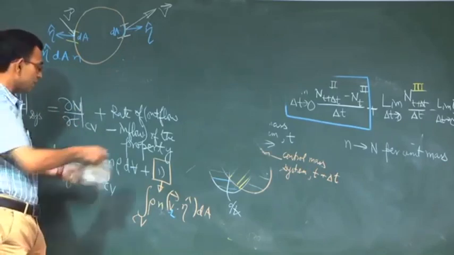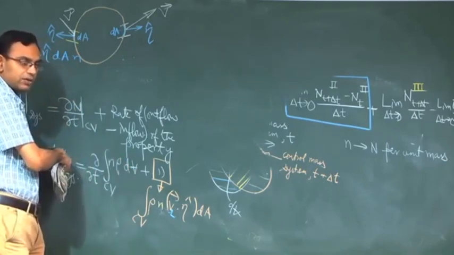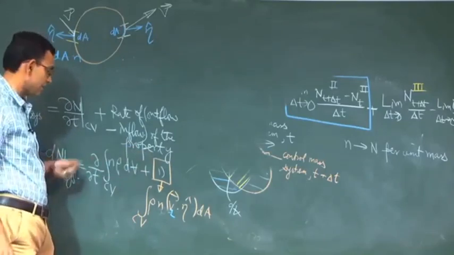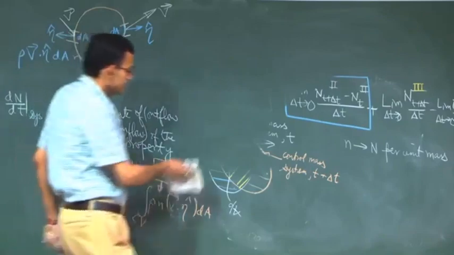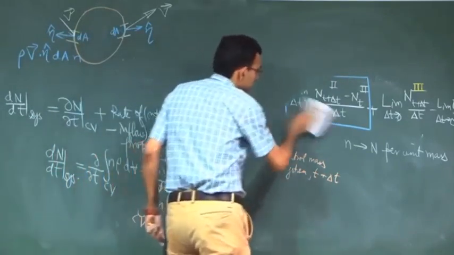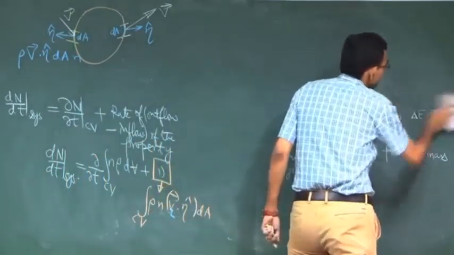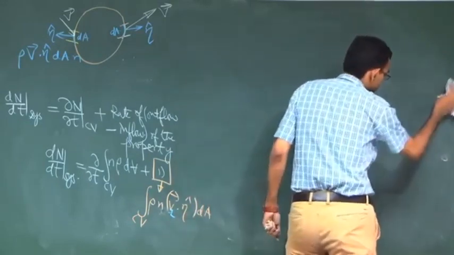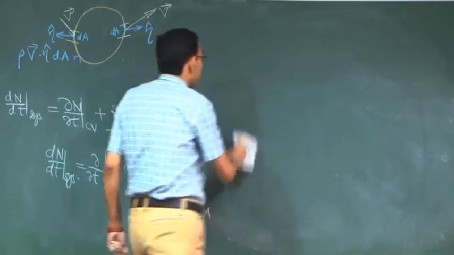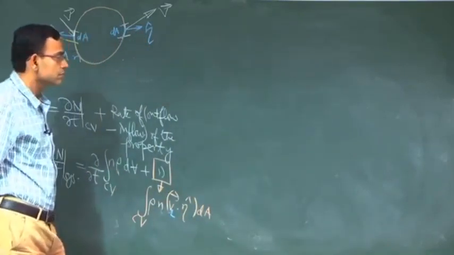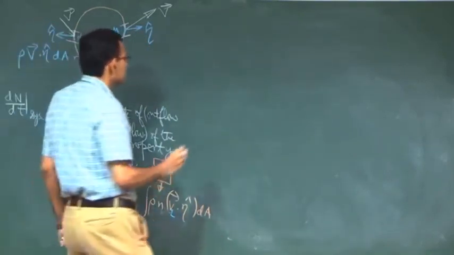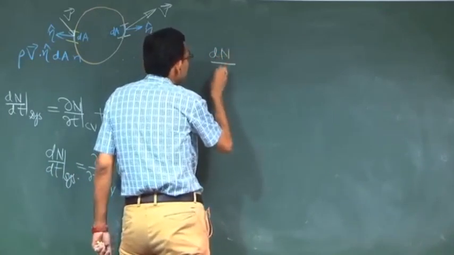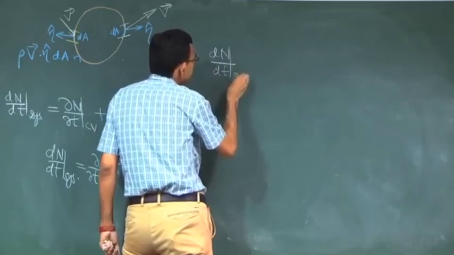Initially we wrote only this term, but now that we have added all the terms, this is the left hand side. So, this equation therefore becomes dn dt of the system